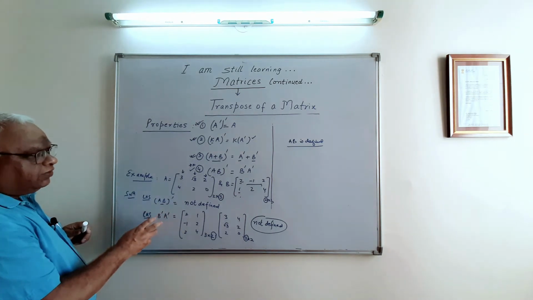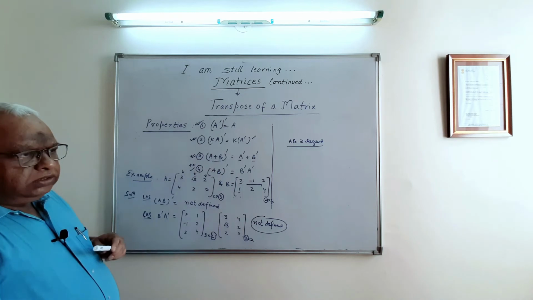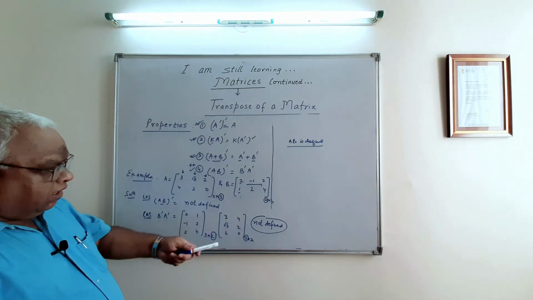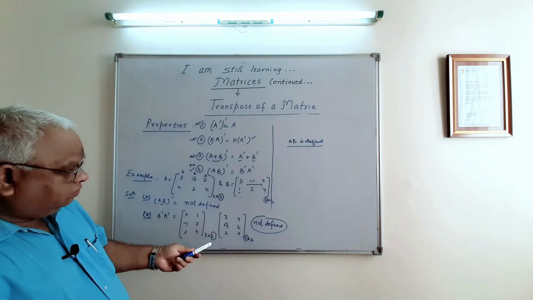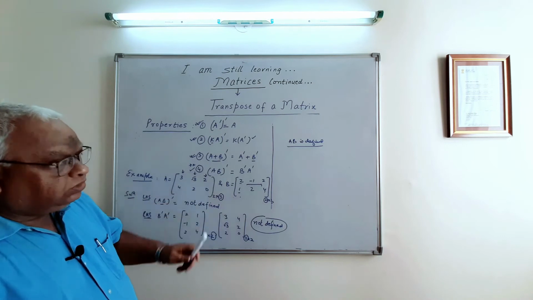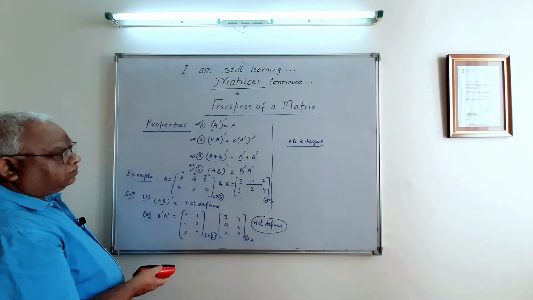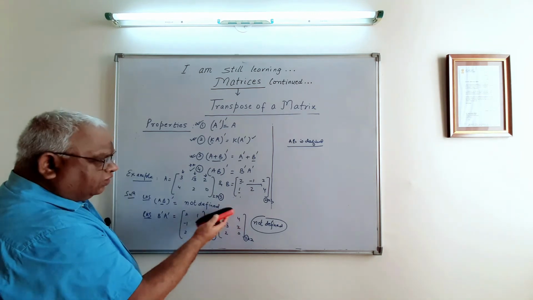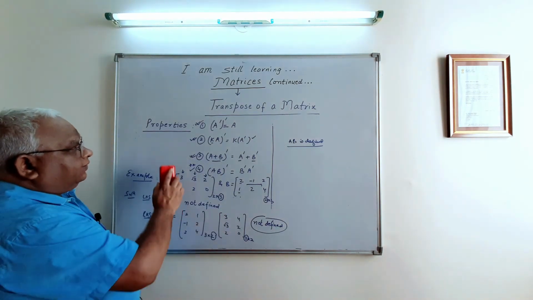If this is not defined, then the property will not be verified, right? But later on we'll see an example where this condition is verified, and we will show you that AB transpose is equal to B transpose A transpose. Okay,